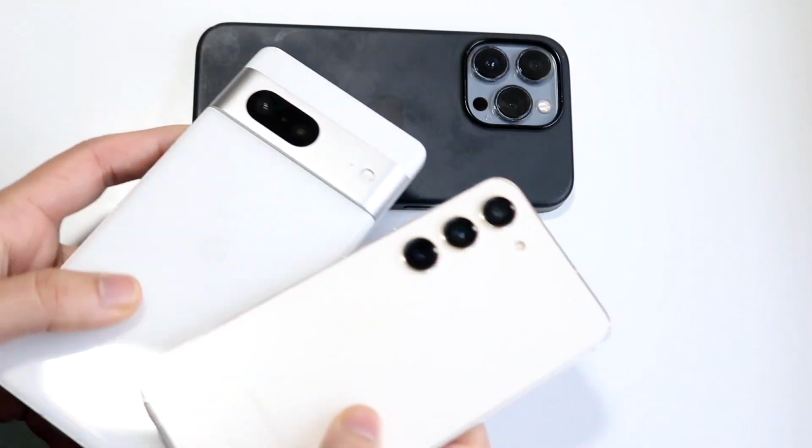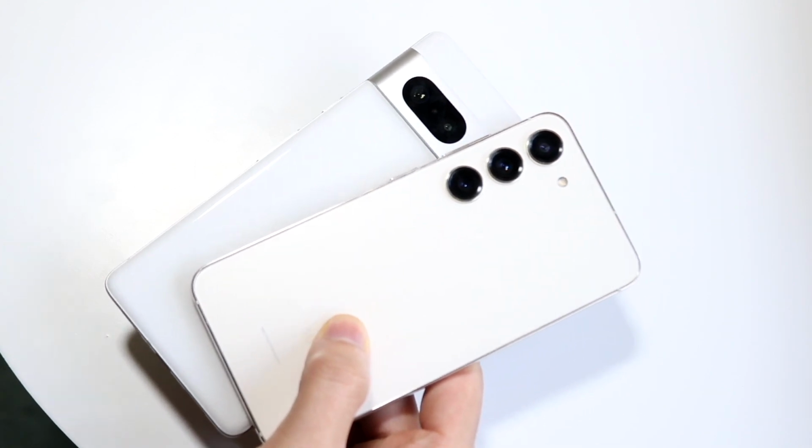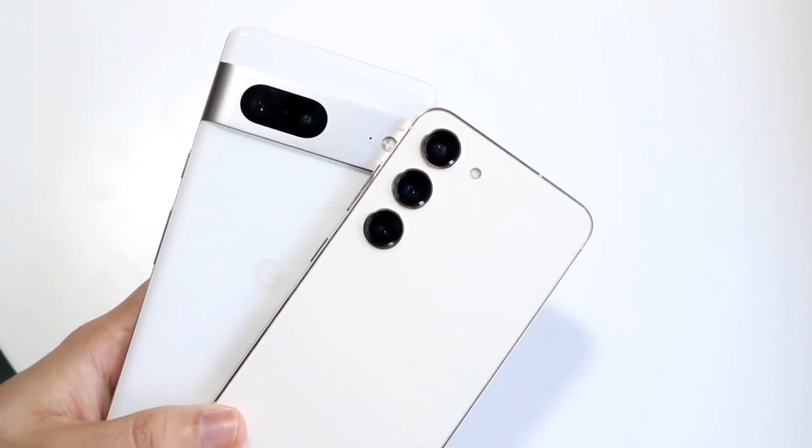Now in the camera department as well, this is another area that Samsung has just been dominating the last few years. I mean, we are getting kind of different camera setups on both. So the Galaxy